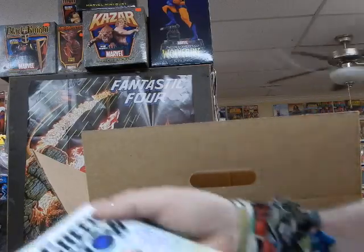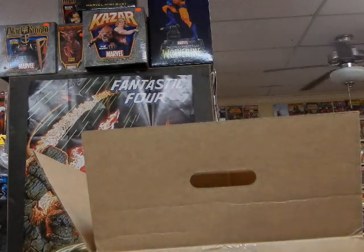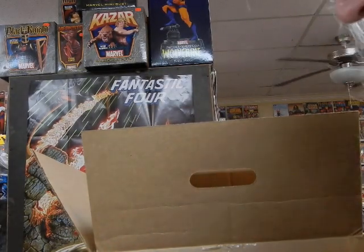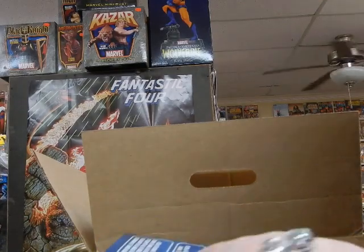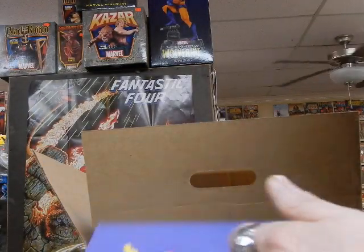We've got these Green Arrows. These seem to be okay, so these seem to have escaped the damages. And we've got another Van Helsing cover, cover C, that is in good shape. We've got one of these cover A's, Too Crowded. So we've got those. And then we've got